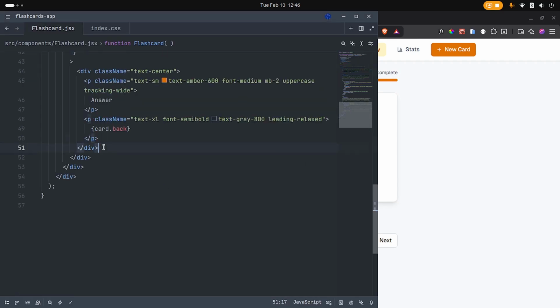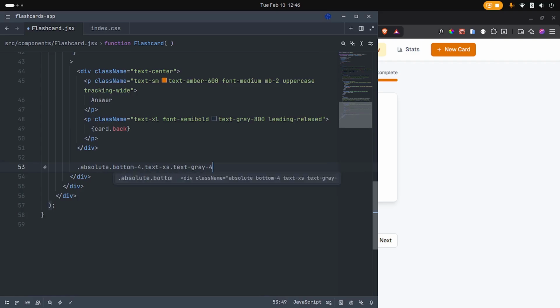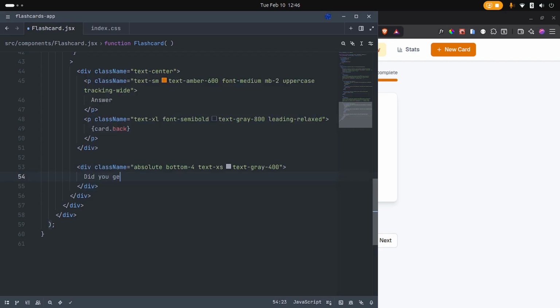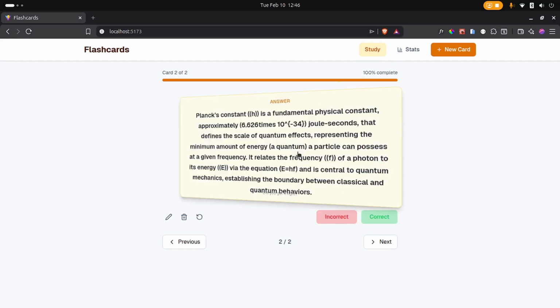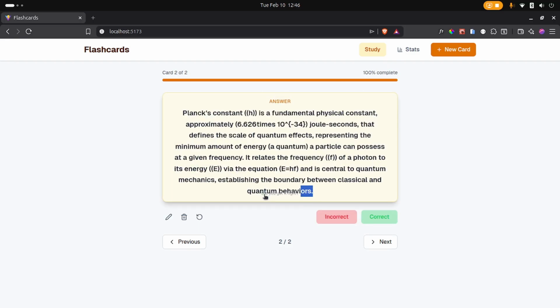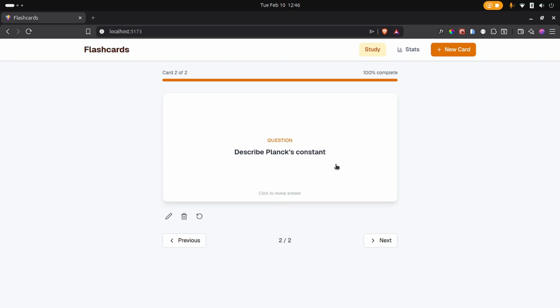So right below the paragraph and then below the div, we're going to create another div with a class name of absolute, and then bottom-4, text-xs, and then text-gray-400. And the text is going to say, did you get it right? Question mark. Save that. And then now when you reveal the answer, then it should appear, well, that looks ugly,